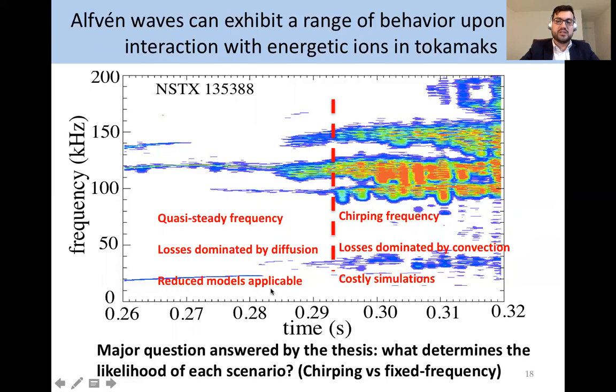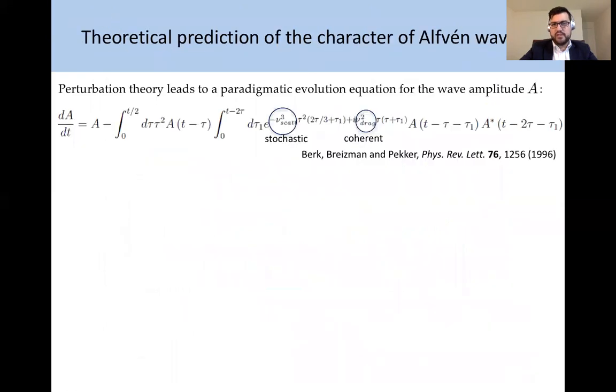You do not need to retain all the nonlinear features of the interaction, as opposed to chirping, where the dynamics is intrinsically fully nonlinear and the simulations can be very costly. So a big open problem that the thesis has answered is what determines the likelihood of this scenario or this scenario. If you have certain plasma conditions, how do you know if the Alfvén wave will exhibit a constant frequency or a chirping frequency? So to answer that question, we resorted to